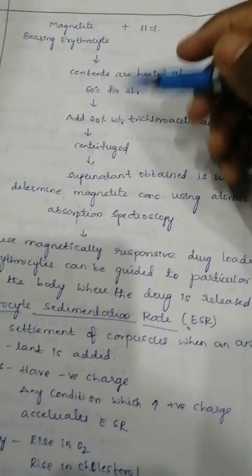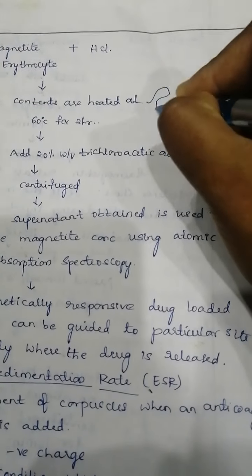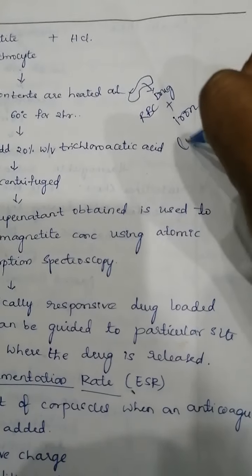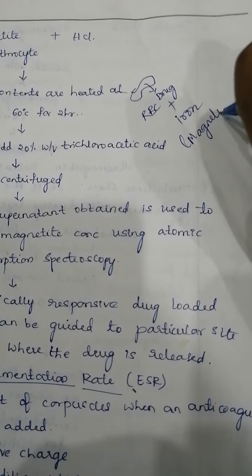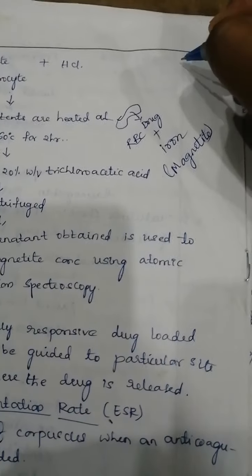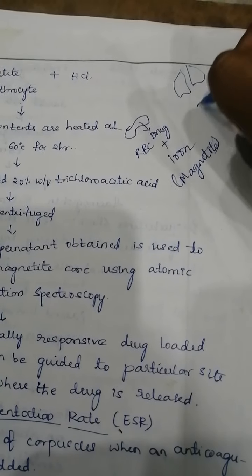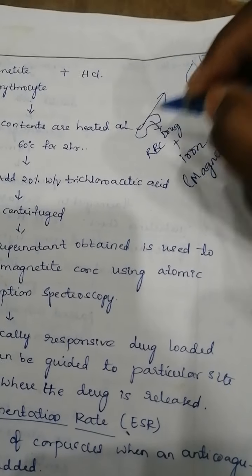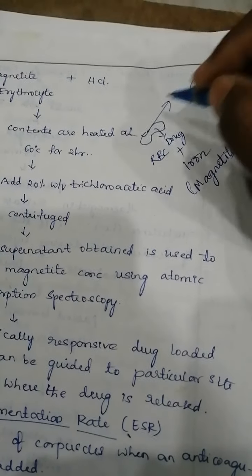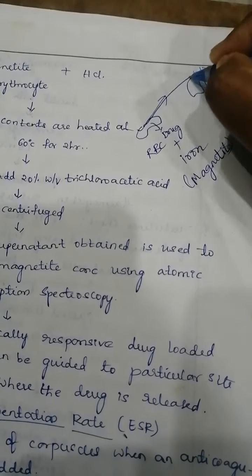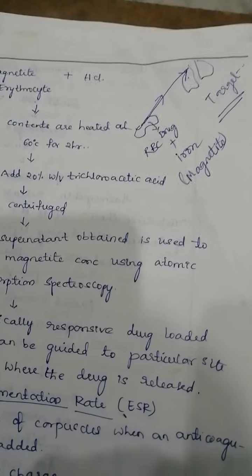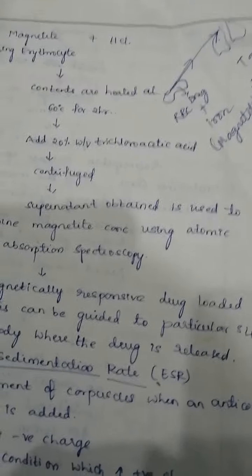So what is meant by this, suppose this is an RBC. We are loading this with the drug along with an iron piece, that is nothing but magnetite. Suppose these are the lungs. Okay, so this is the target of action. We are going to guide this by using the iron magnetite. So we are performing the magnetite action, so directly this will go to the particular area. It will go and show the action at the target site only. Okay, for that purpose a magnet will be arranged in the RBCs.